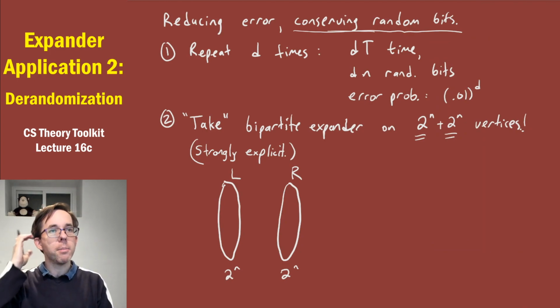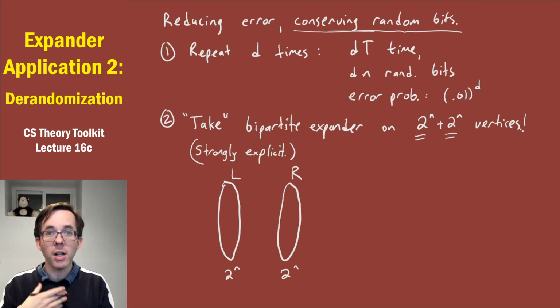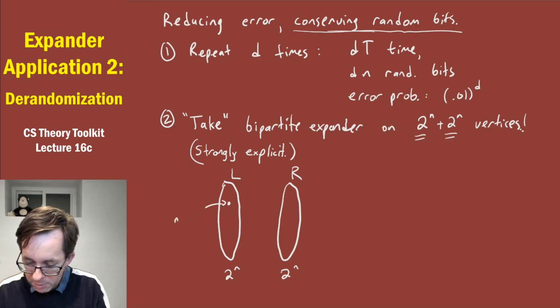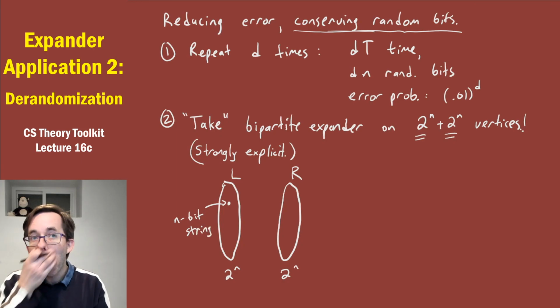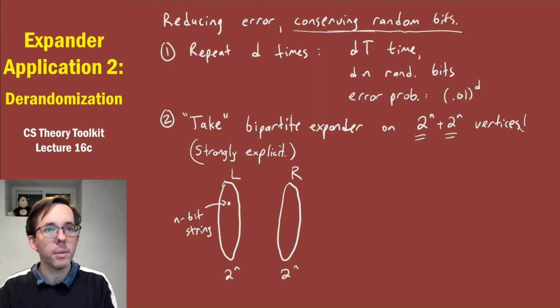It means the algorithm, in polynomial time, can understand the adjacency relationship of this graph. If you're the algorithm and you think of the name of a vertex over here, named by an n-bit string, and we'll stick with the D-regular graph, or the 64-regular graph,